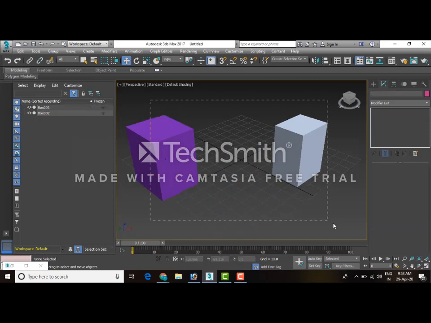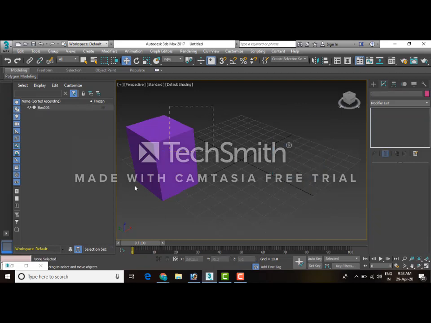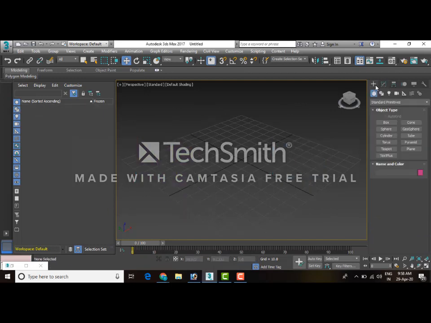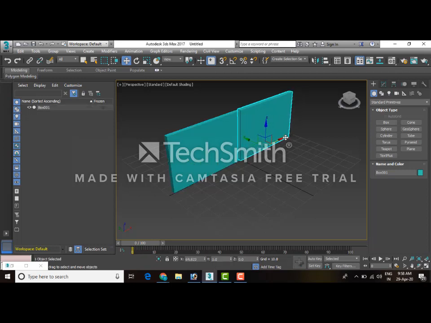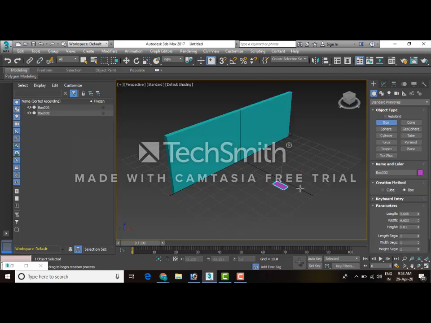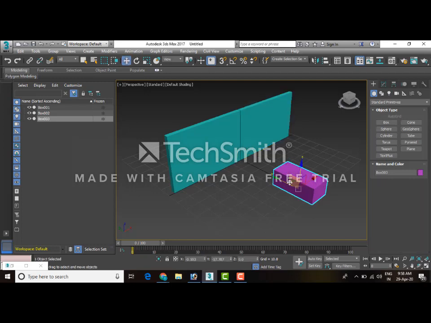That is little different from wiring parameter. For reaction manager, let us draw two boxes like this. Press shift and take a copy. Suppose this is the door which should open, and let's take third object. Suppose this is our car. Now once this car approaches the object, it should open.